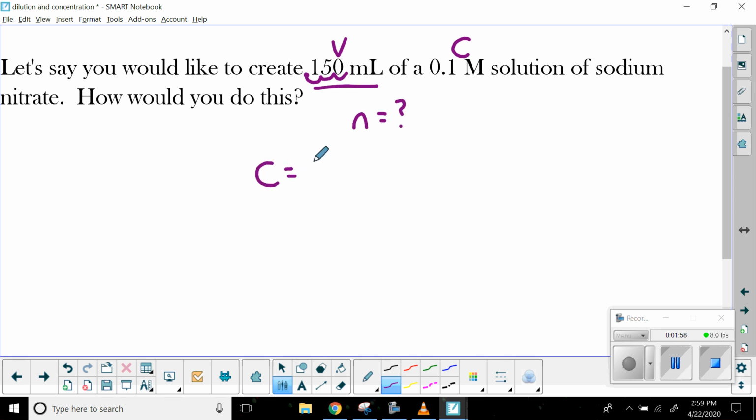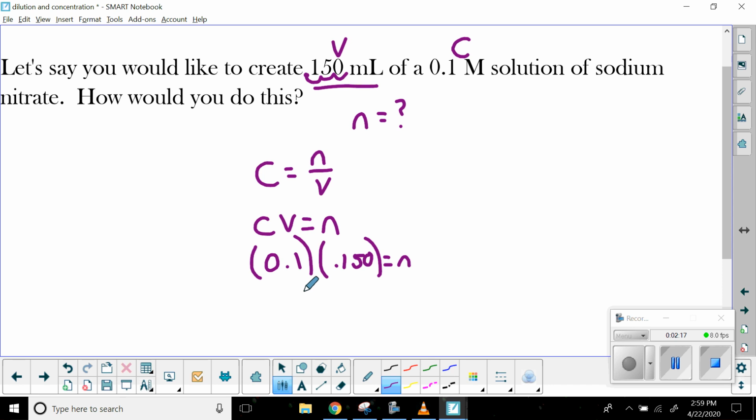So here's my concentration equation. I'm going to rearrange that for moles, and then I'm going to fill in the information I've got. 0.1 times 0.150, and that's going to give me my number of moles. So this is going to turn into 0.0150 moles of sodium nitrate. So then what I'm going to do is I'm going to remember my molar mass of